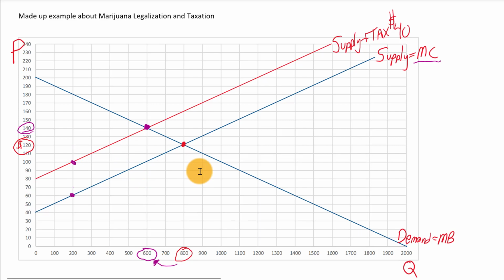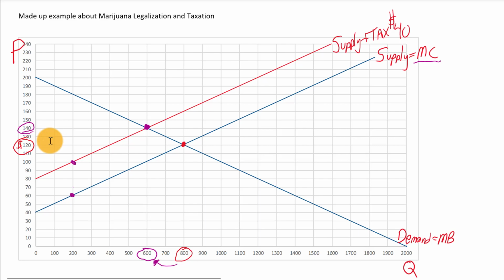Now don't worry, if you're getting bored, I'm going to speed this up if you already understand the taxation idea, but I just want to make sure that people who haven't seen this in a while are on board. Now, with a tax, there are actually kind of two prices. In this case, there would be a price that the consumer pays, which would be $140.